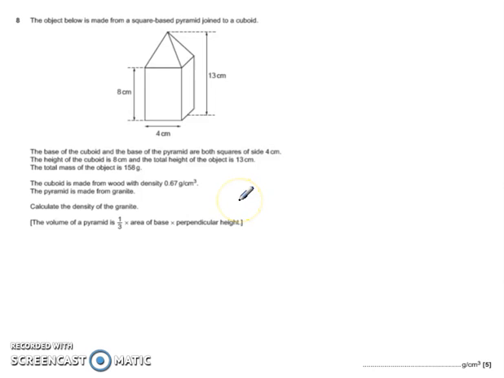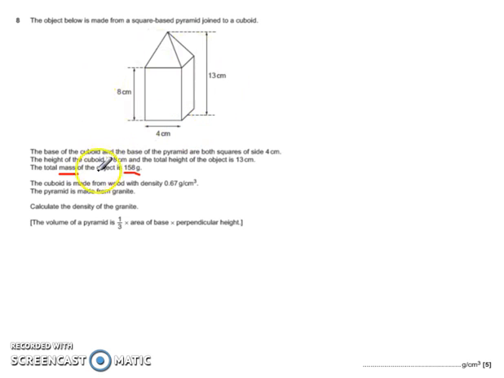Okay, question number 8 is about an object that's been made from a square-based pyramid joined to a cuboid, the dimensions of which are on the diagram and also listed in the words here. So the base of the cuboid and the base of the pyramid are both squares of side 4 centimeters. The height of the cuboid is 8 centimeters and the total height of the object is 13 centimeters, which we can see here. The total mass of the object is 158 grams, so underlining that as something that you can't